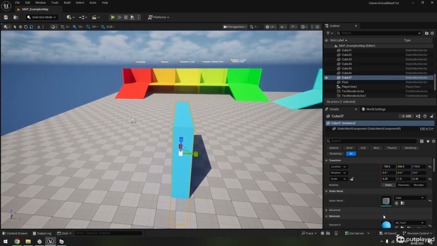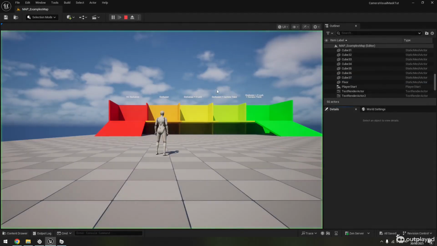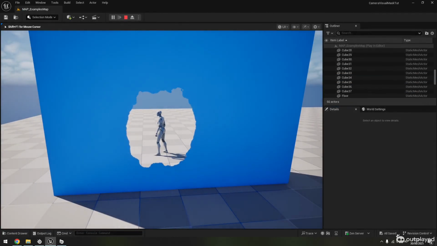And from there we can just open up our material instance again and mess with some of the settings. So I would like to add some noise. So the default noise is probably my favorite. I don't need to change that. I'll change the strength to something like 4. I'll change the noise size, we'll leave it at 1. Noise speed, let's put it down a little bit. I'm basically recreating the first example noise. The rest we will leave as is. So if we close that and we hit play, we should have, there we go,